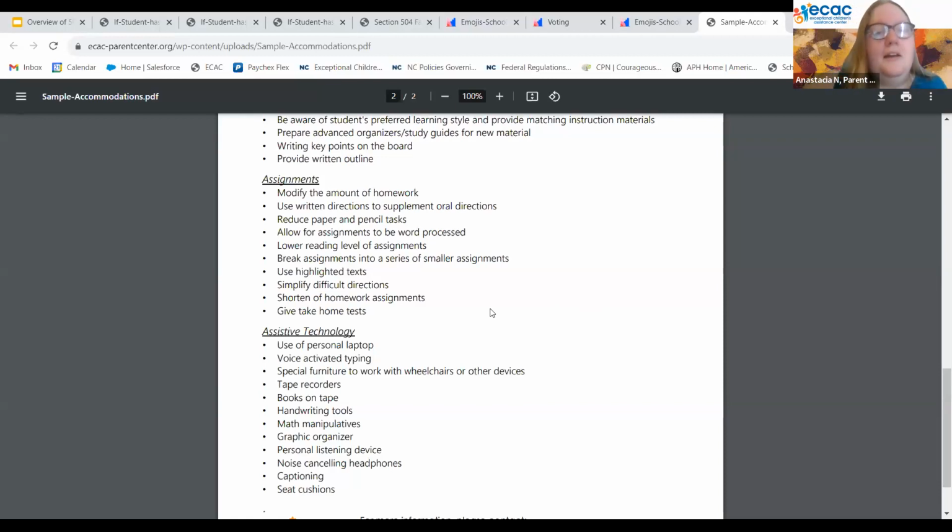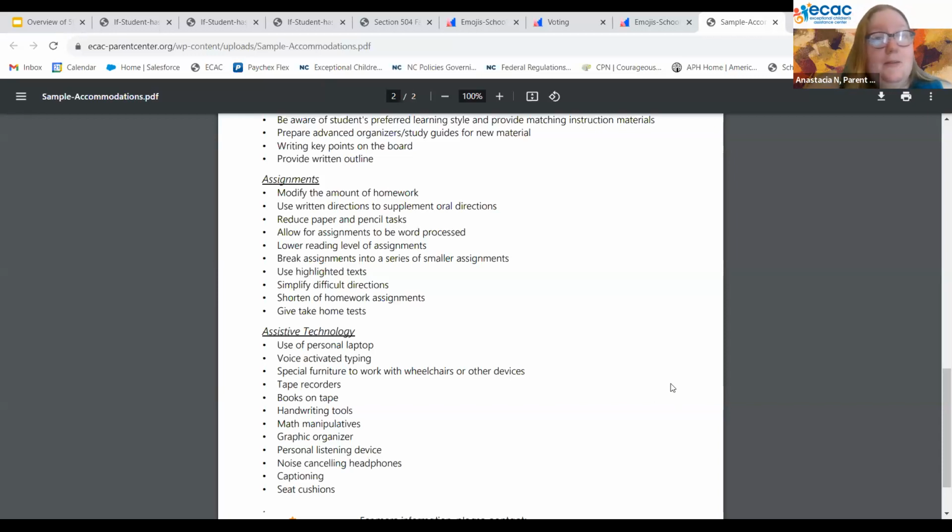And then we've got assistive technology here as well. And like I said, you could see math manipulatives on there. When I hear assistive technology, I'm not always thinking eye gaze devices and iPads, but it can be more basic: books on tape, graphic organizers. Some kiddos respond really well to graphic organizers. It can be closed captioning. It can be headphones to drown out